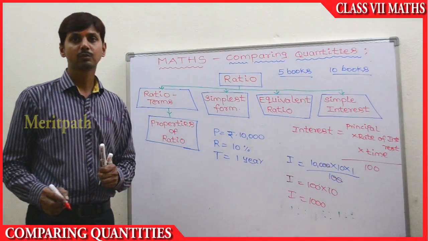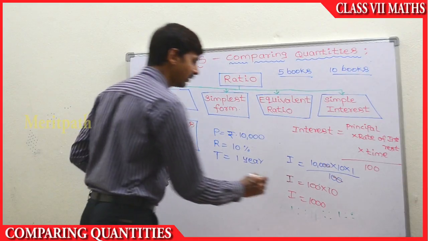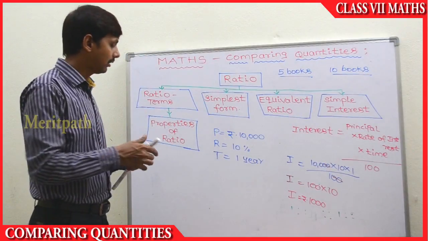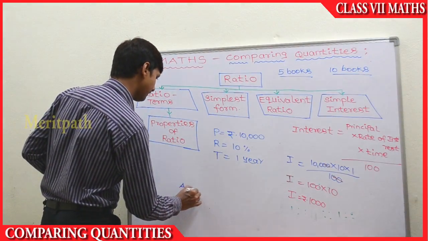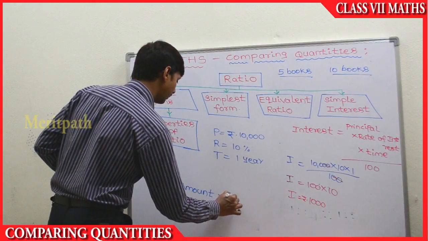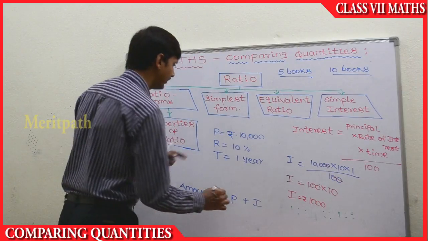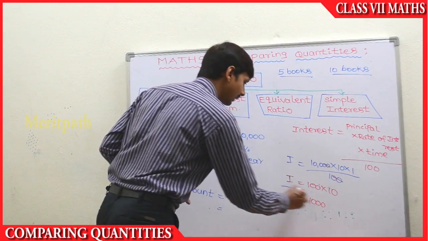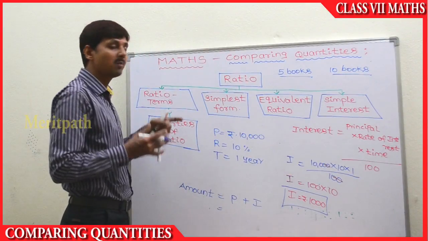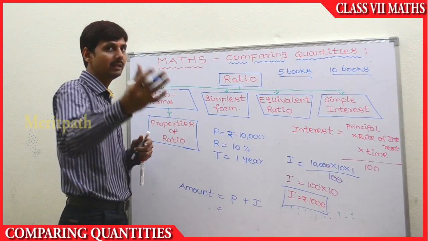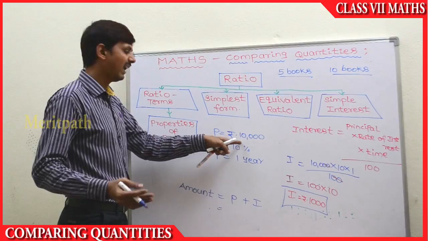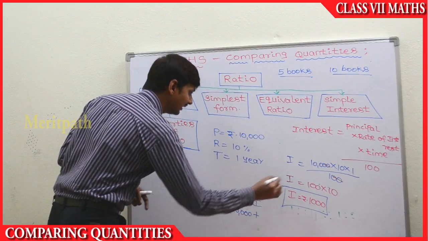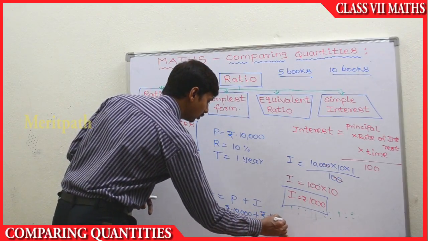So only the interest to be paid is 1,000 rupees. And the total amount we need to pay is: amount is equal to principal plus interest. P is for principal and I is interest. How much additional amount do we need to pay? Principal is how much we have taken, or how much we have given to somebody. We have taken from the bank, so principal is 10,000 rupees, plus interest is 1,000 rupees. So totally